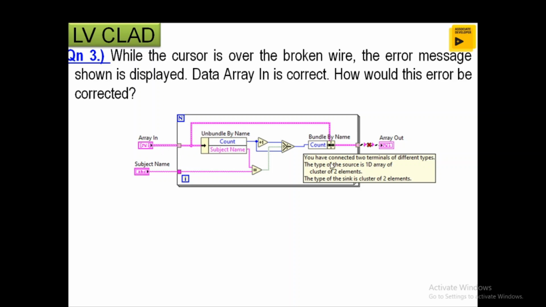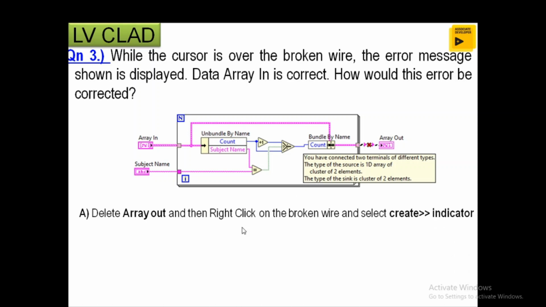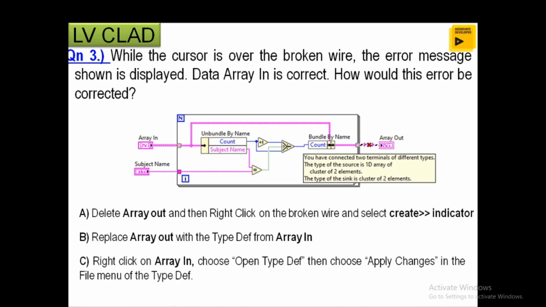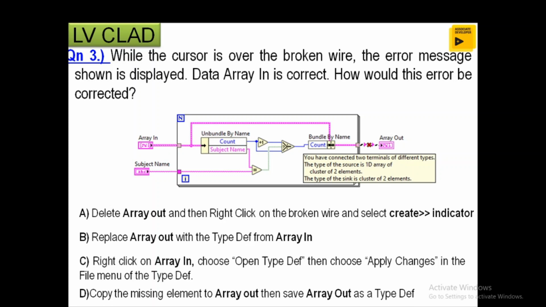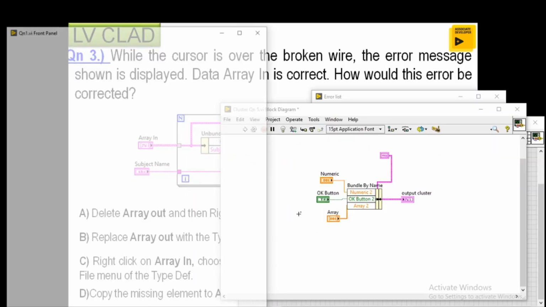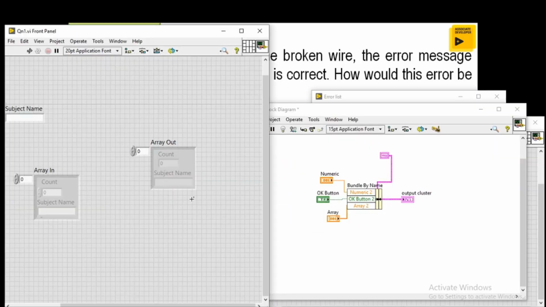How are we getting this error, and how can we remove it? You can see these are the various options. Three options are related to type definition; let me explain that topic in a forthcoming video. Let's see in the lab environment how we can sort it out.